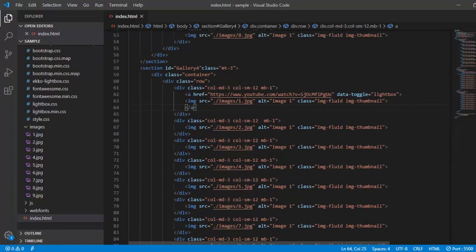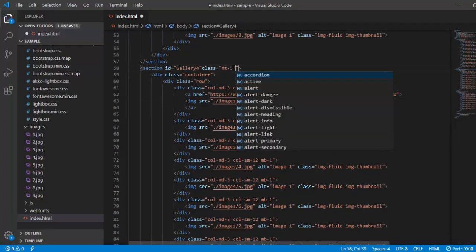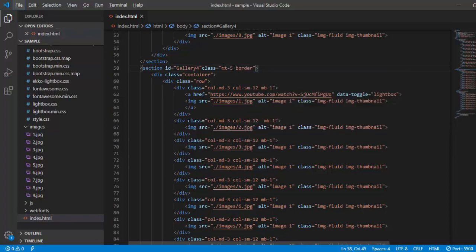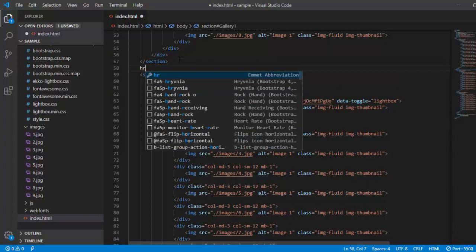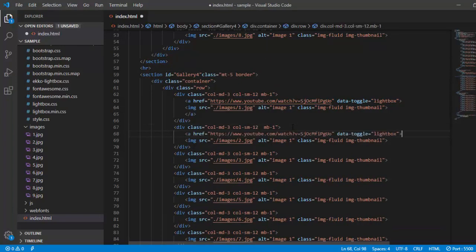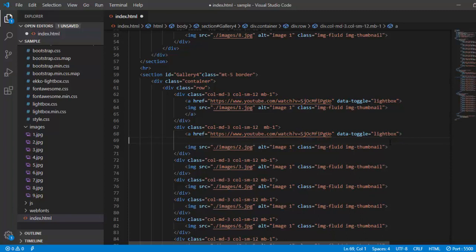So in this section, let me have an empty border and also an HR tag, because I have completed that section, that's the reason I have kept it. So here you go, I'm using only two, you can have many more.